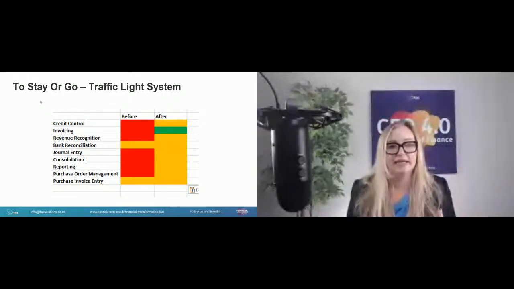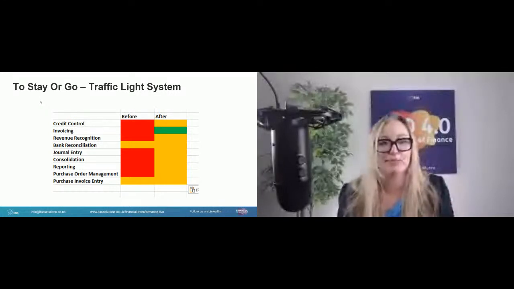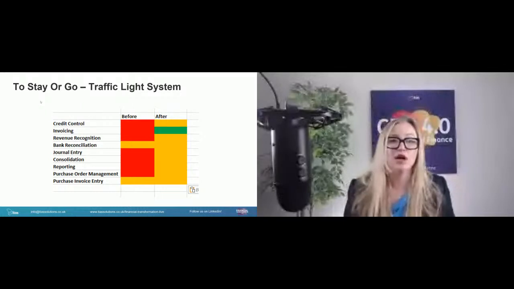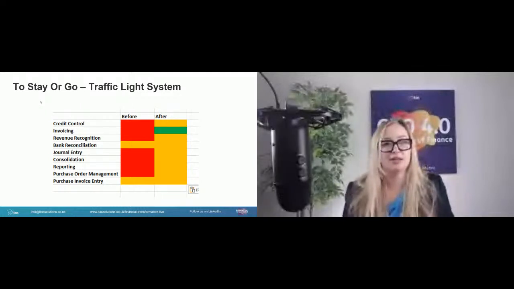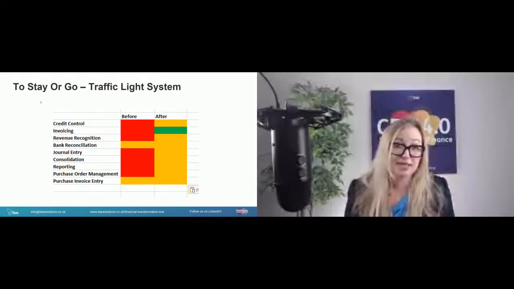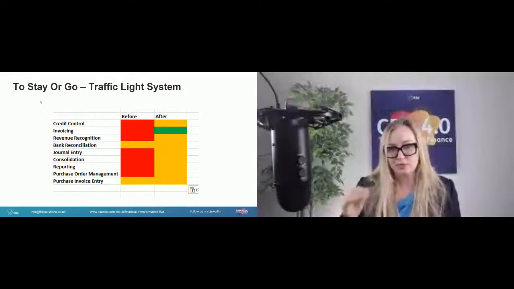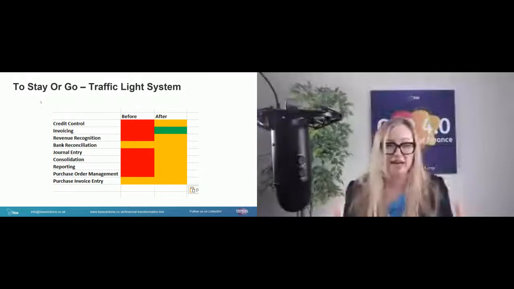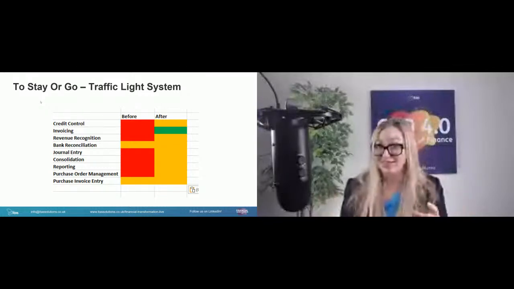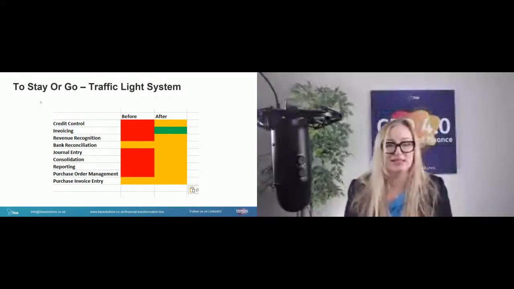But fundamentally, one of the things that I always think it's really important for people to do is actually do an assessment. And again, this is why I say, before you do huge amounts of changes and start spending money on improving your systems, take the opportunity to step back and go, is this the right system? Can it deliver what we need as a finance team? And so sitting down, this is a very basic traffic light system, and it does work surprisingly well. So if you list out the functional areas within your system, and highlight where they are now. You can use red, yellow, green, which is probably the simplest. You could do variants of that. You could do, I don't know, yellow with an I if it requires investment, for instance.